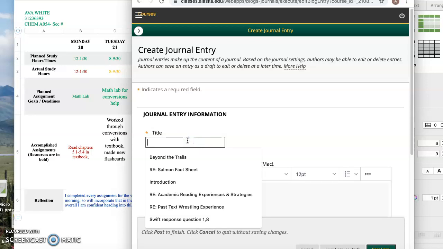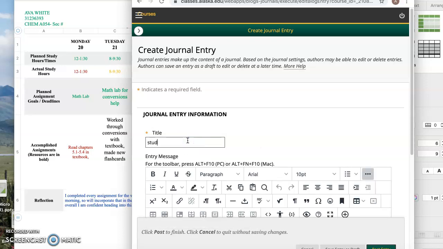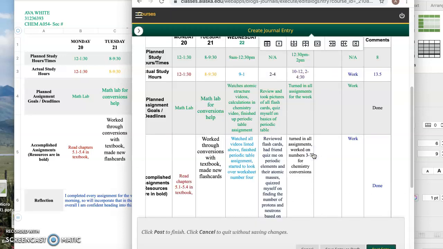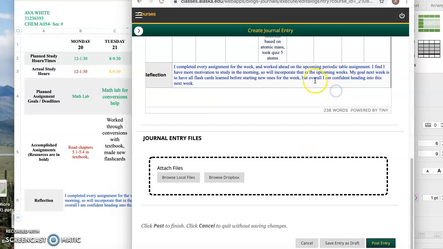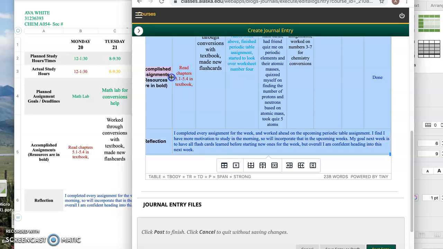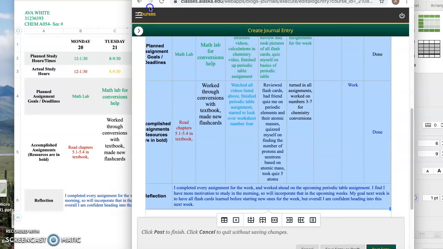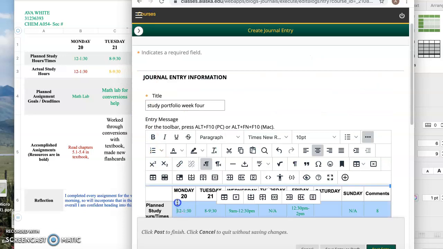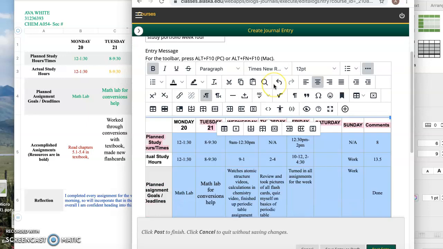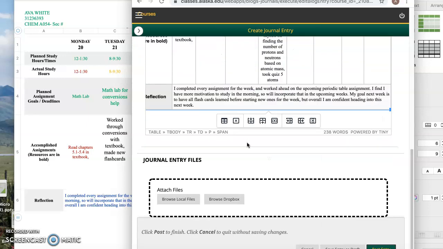So this is study portfolio week 4. And then we're going to copy that and keep the formatting. And I think Pages on my laptop is weird, so I like to change all of the colors to black through here because it's easier and you can select the whole entire thing. And then I just hit post,